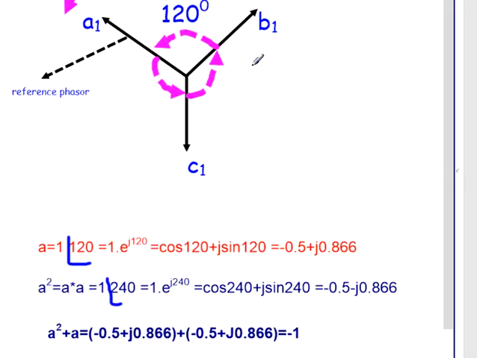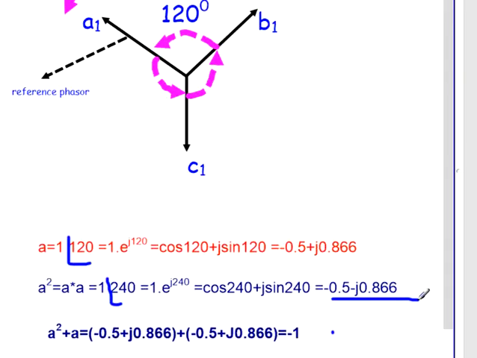Because I want to represent these symmetrical components in only one term, either using A1, B1 or C1, I want to make my analysis simpler and simpler. If I use A1, B1, C1 separately, your calculation becomes very cumbersome. So I want to represent all of this in a single term. So instead of C1, I will write C1 in terms of A1. Now, same e raised to j240, so cos 240 plus j sin 240 will give this value.